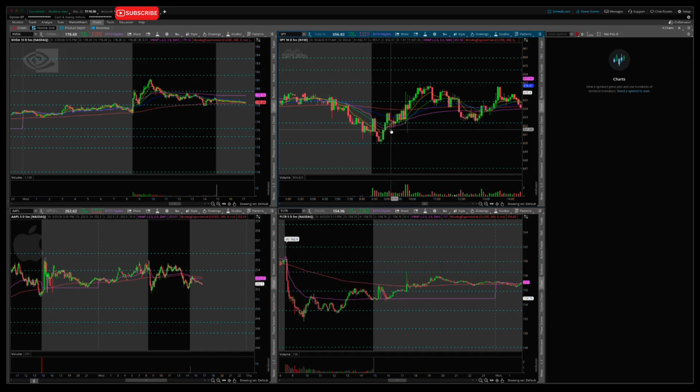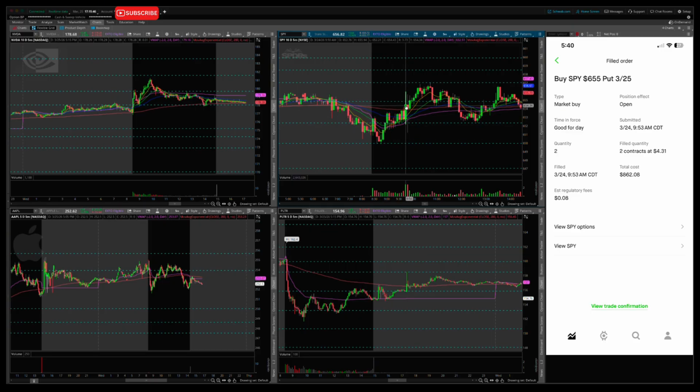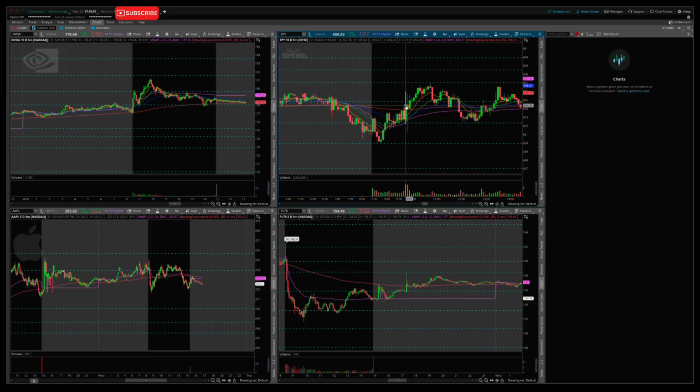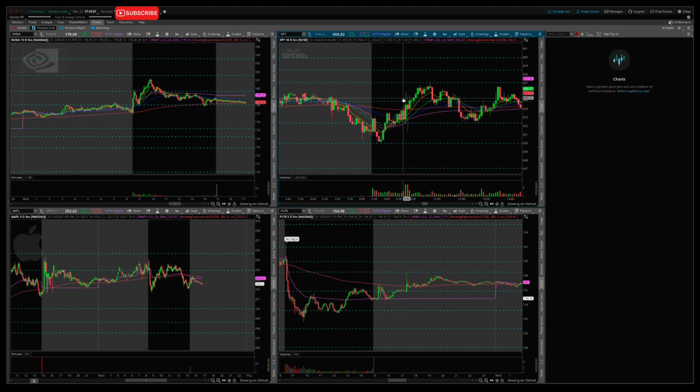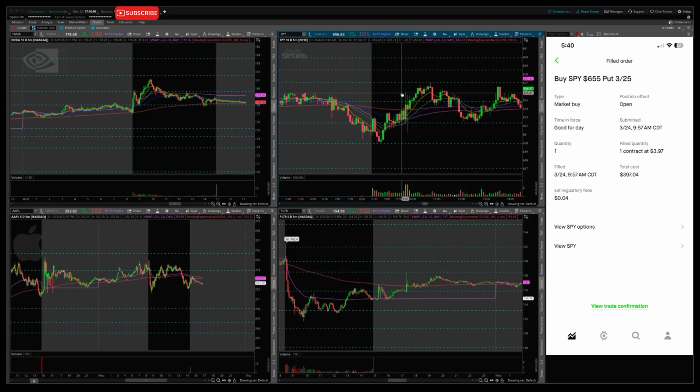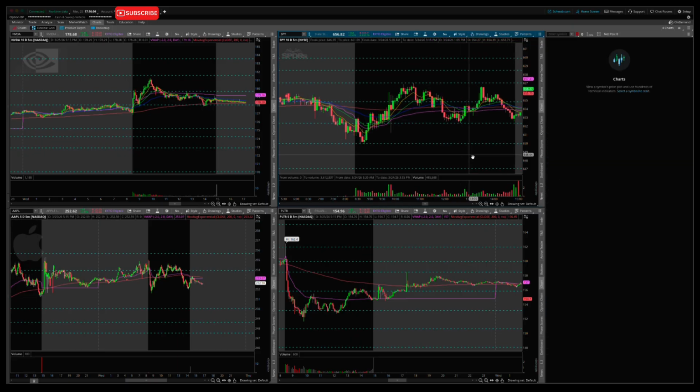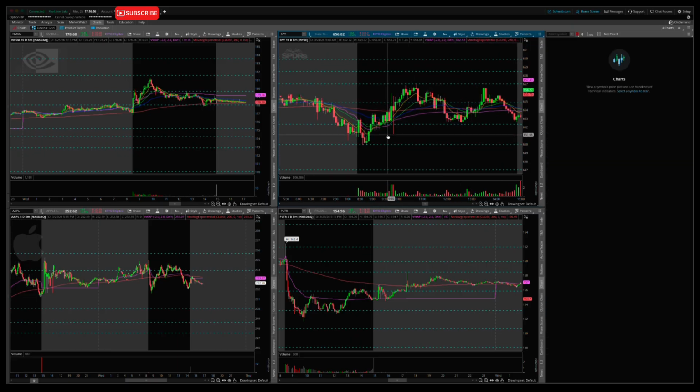And then I took the 655 puts with tomorrow's expiration. I took it right here on this news candle. I don't know if you guys were watching, but this news candle, crazy. These 2 candles, absolutely insane. I got in right here at this blue line, and then I ended up adding twice because we just weren't pushing at all. And honestly, I wanted to see if we would test 650 again, but we didn't.